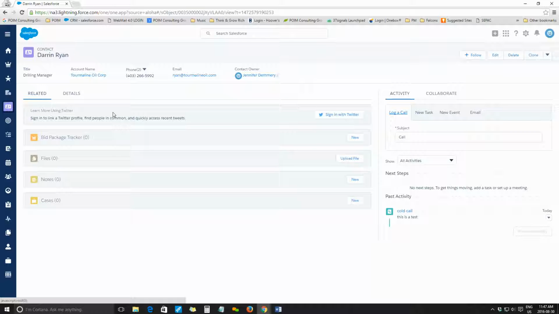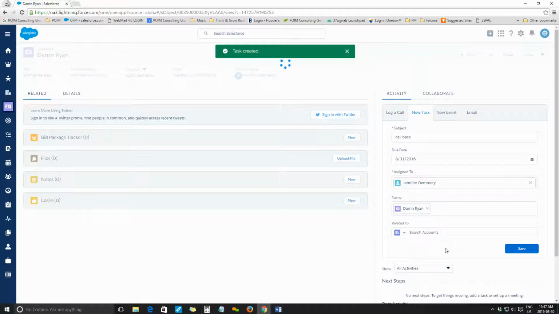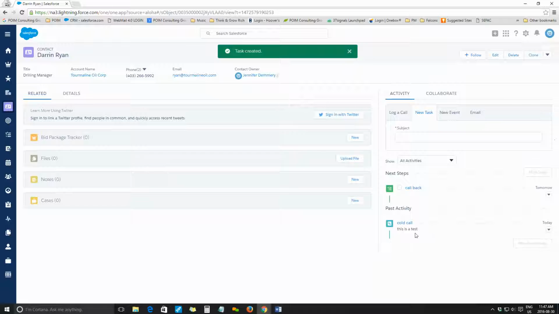The great thing about the Salesforce platform is that you're able to do this over your mobile phone, and from your email system, and so on and so forth. I can also come in here and say maybe I want to assign myself a new task, and it could be something like call back, and then I assign myself a due date, and then we'd say save. And now what I've done here is I've got my callback and I've got my due date. A couple different options: I could click on this email, go directly to that particular person's email address, or I could go email over here and also assign myself